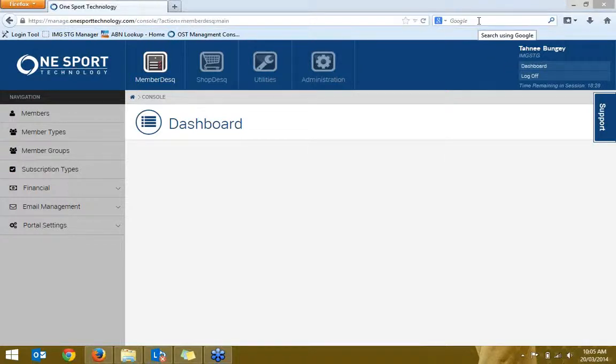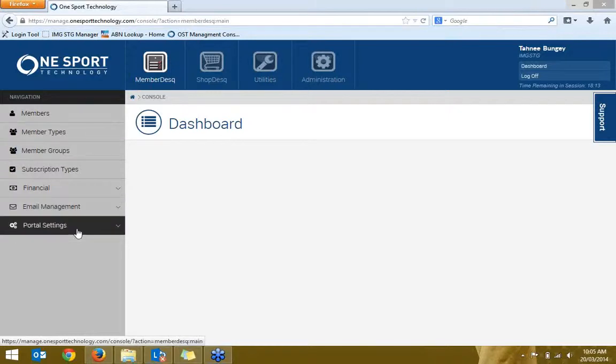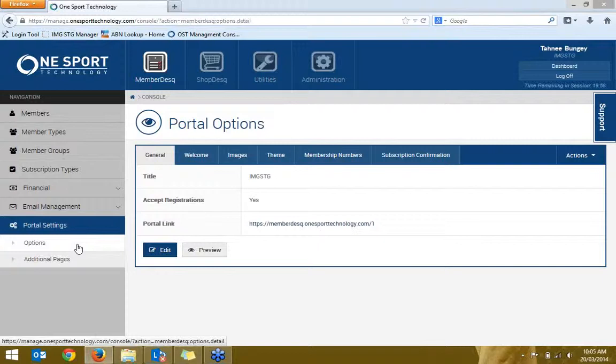Today's webinar is on how to set up your membership portal for registrations in the One Sport technology system. To do this, we go to the Member Desk menu option and Portal Settings down the bottom on the left-hand menu. In the Options section is where we'll be doing the main content loading, if you will, for your design of your portal. So if we click Edit,